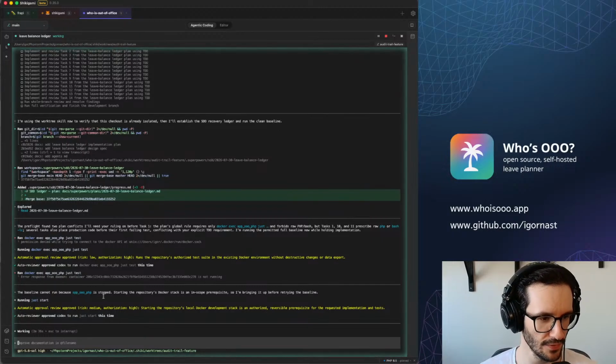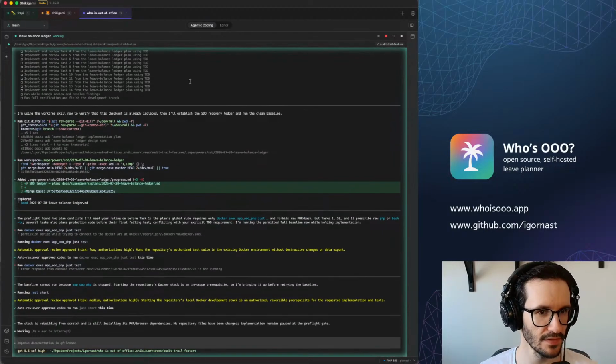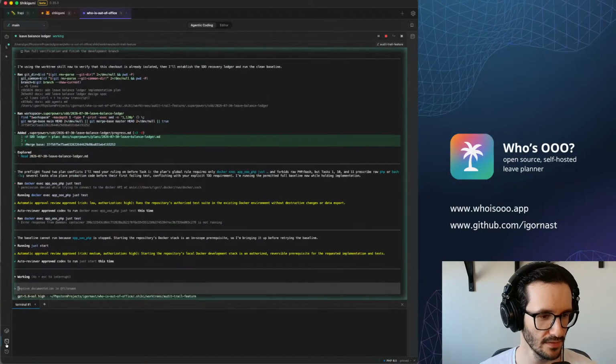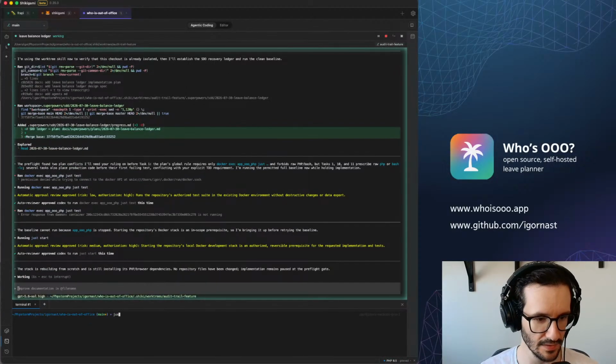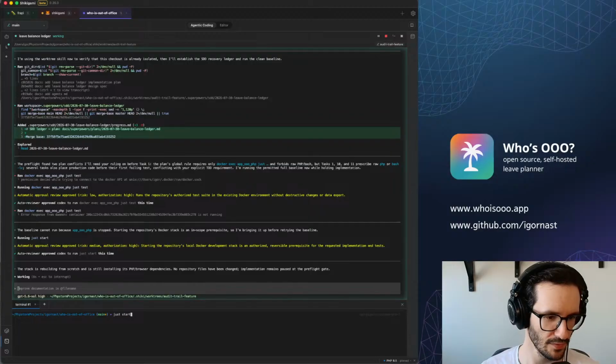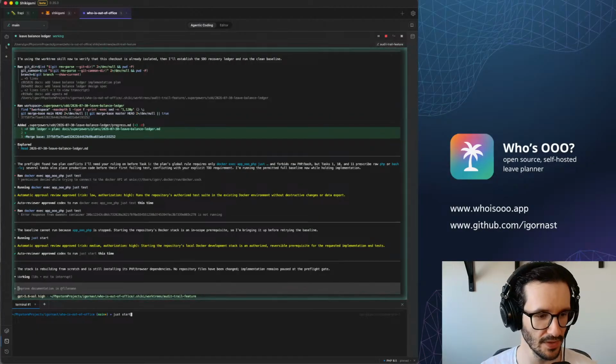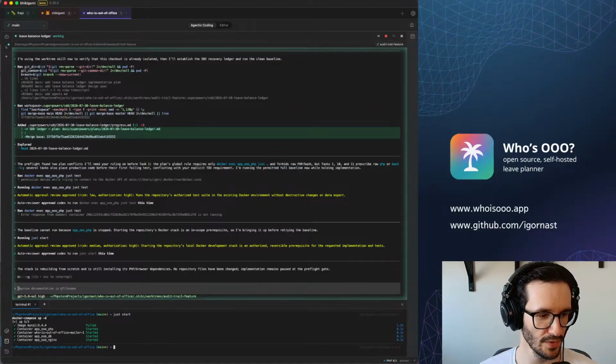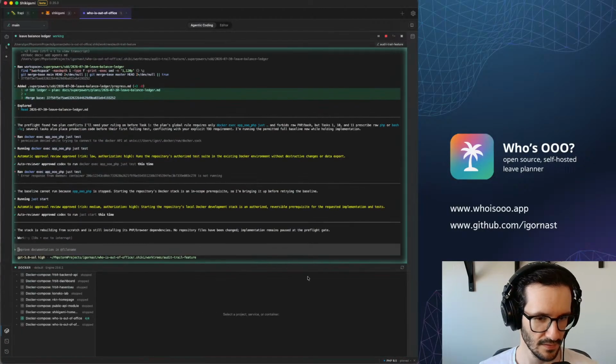Let me do one more thing, because the who is out of office project is down. So let me start it. There is a very simple command. If you would like to test it locally, all you have to do is to type just start in the root of the repository, and then